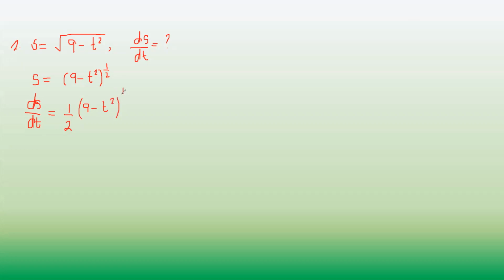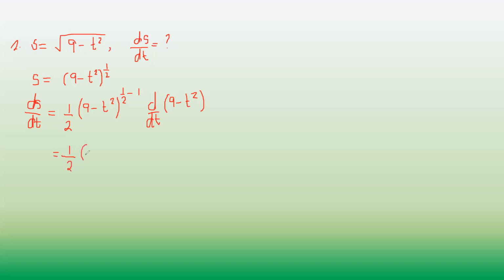This is 1/2, diba? Minus 1. So 1/2 minus 1 times derivative of u pa ulit. So derivative of u, where u is 9 minus t squared. Okay, take note na tayo ay with respect to t, ano? Kaya over dt yan, over dt dito. Okay. Then simplifying, ds over dt is 1/2